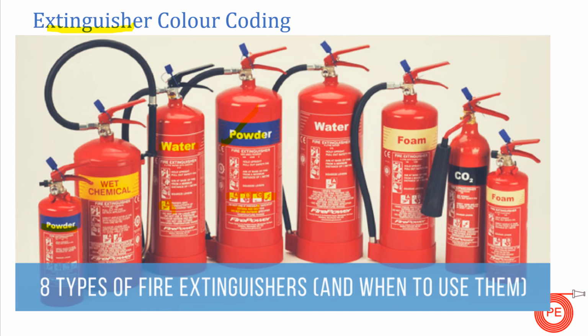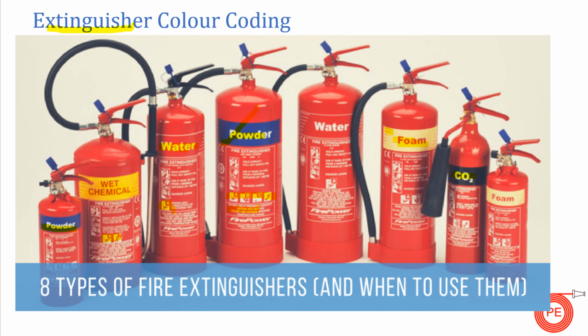Next one is your wet chemical fire extinguisher. Wet chemical fire extinguisher, A type and F type. You can see A type and F type is mentioned here. And wet chemical has a yellow marking, and wet chemical is written in yellow. So this is the marking for wet chemical fire extinguisher. Next one is your foam. So foam is mentioned in this light yellowish color with this shining dot. So this is a foam type fire extinguisher.